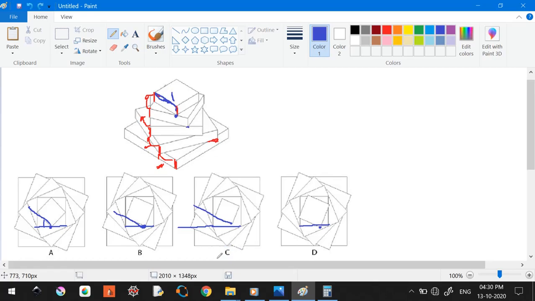So let me explain it further in case you have doubt. What I checked is, first I checked with these two parallel edges, and unfortunately all the options have parallel edges, so I couldn't eliminate any option. Fine, no problem. So then